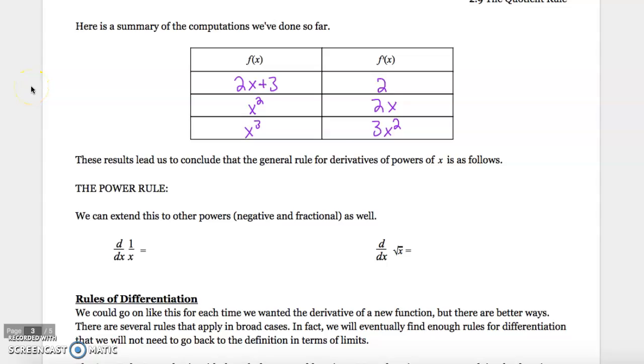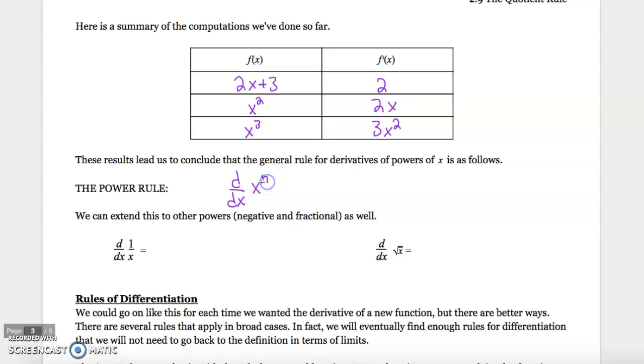Alright guys, so in the last video I asked you to consider the functions that we took the derivative of using the definition and to figure out what the shortcut rule was for finding the derivative function. And hopefully we got to the point where we could conclude the power rule. And the power rule states that if you have a function, so I take the derivative, d/dx with respect to x, of some